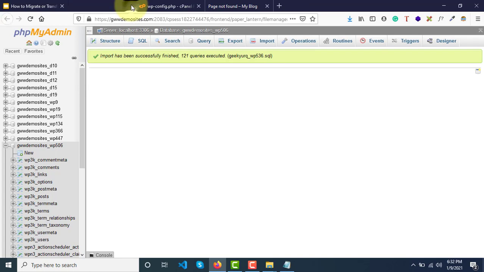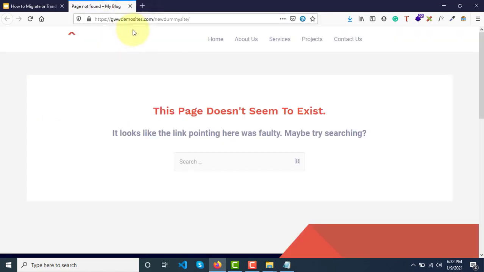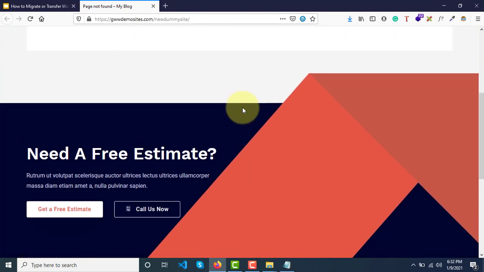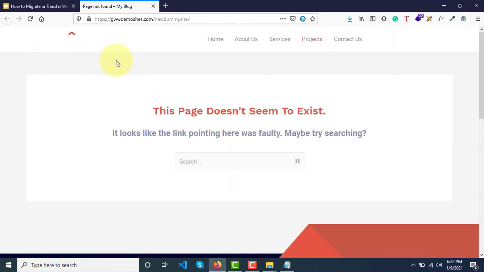This is the site that we just now migrated, but some part of the design has been migrated, and some part is still not working. So what we need to do is see if you can log in to the admin dashboard of this website.